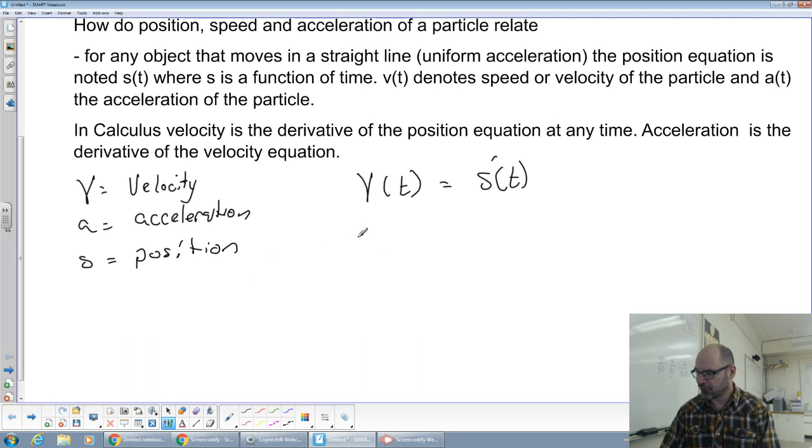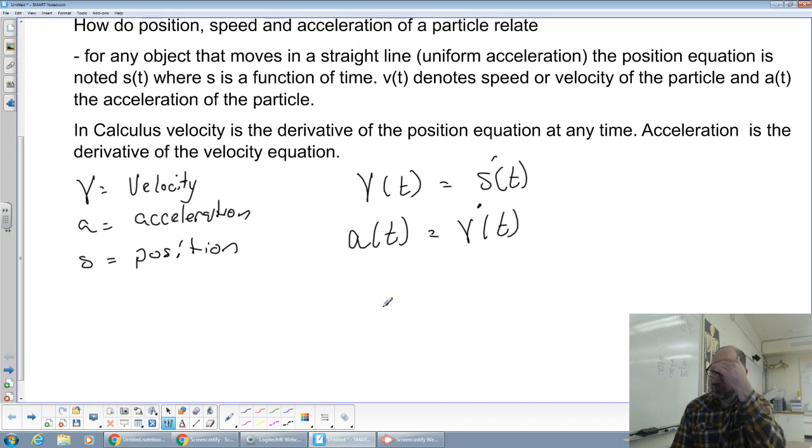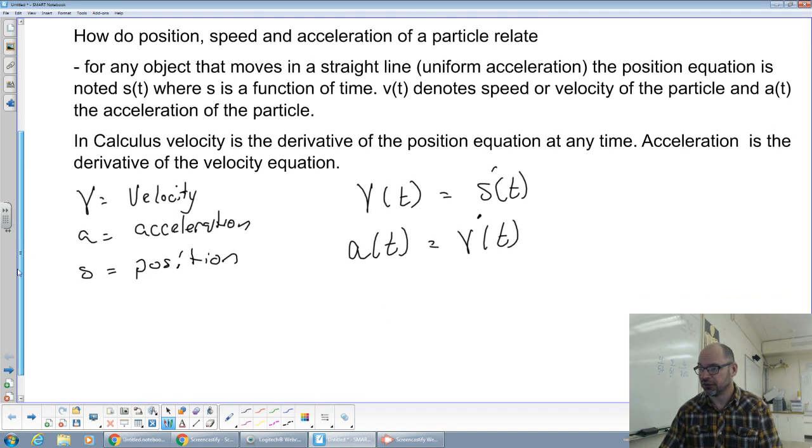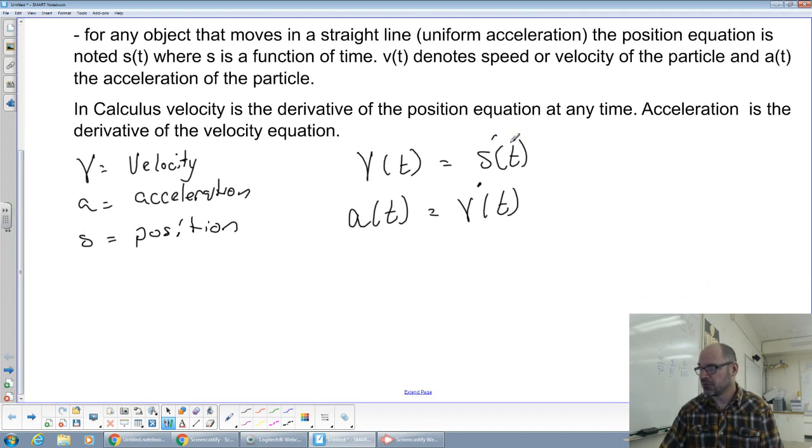Okay, and acceleration at some time equals V'(t). Okay, and that's the relationship between acceleration and speed,